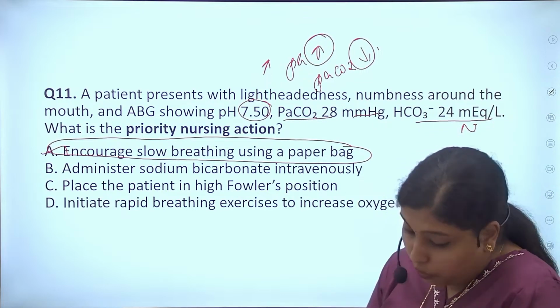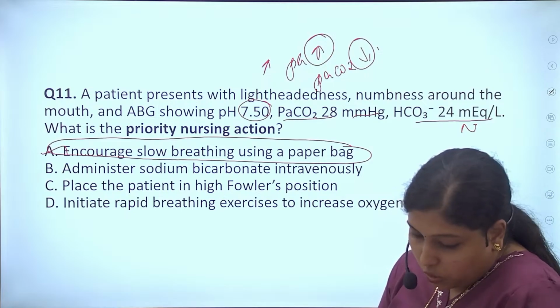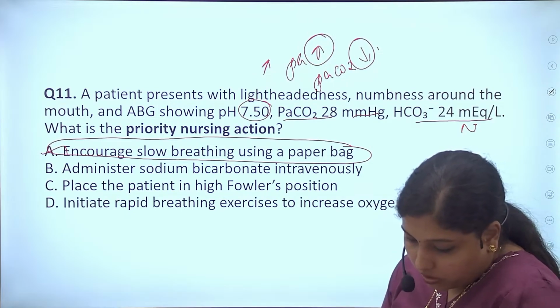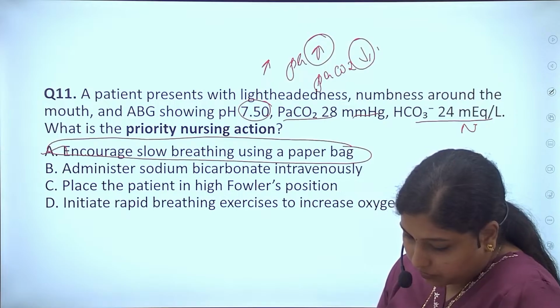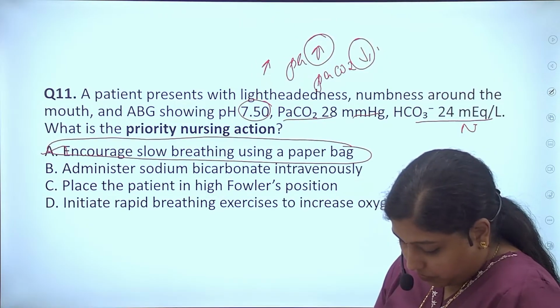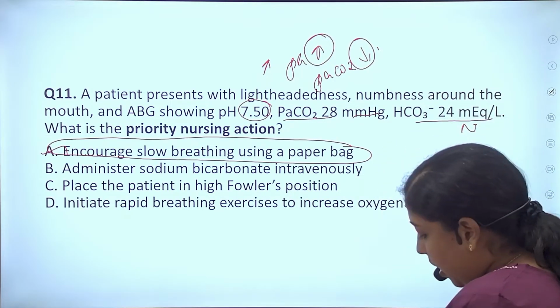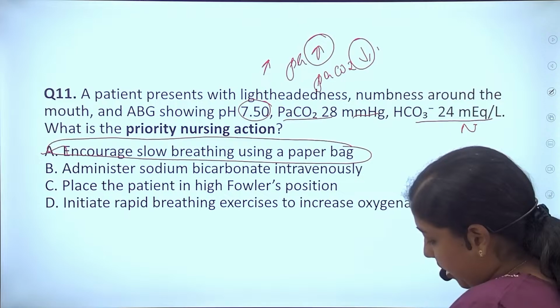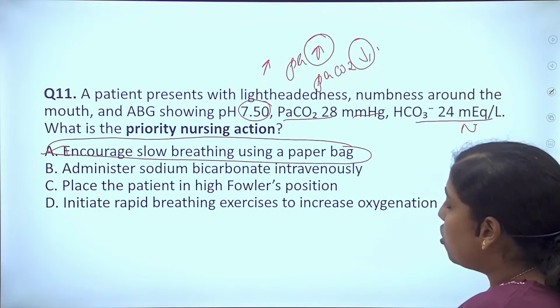Now tell me in the comment box, why are we using this slow breathing? Yes, very good. Using a paper bag, this allows CO2 to be retained,